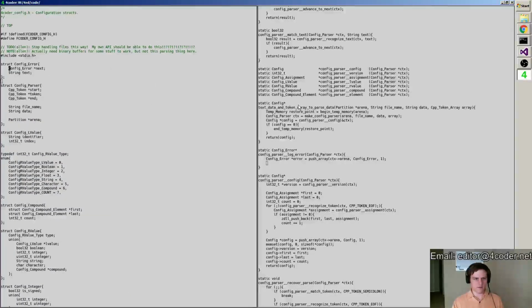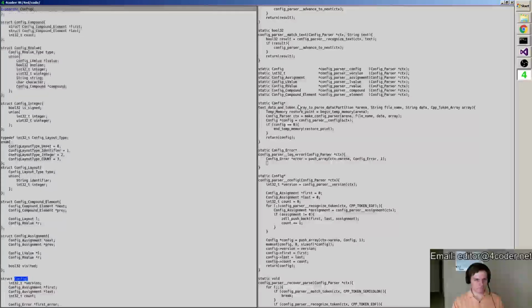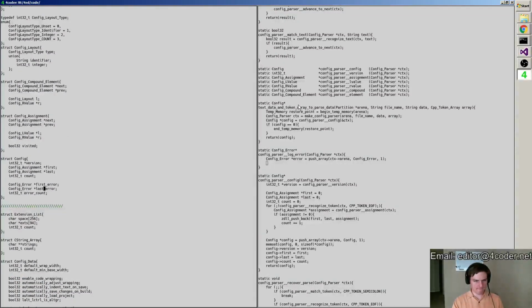So let's just make this a doubly linked list since I have the code for that, and who cares, right? Interesting, interesting.